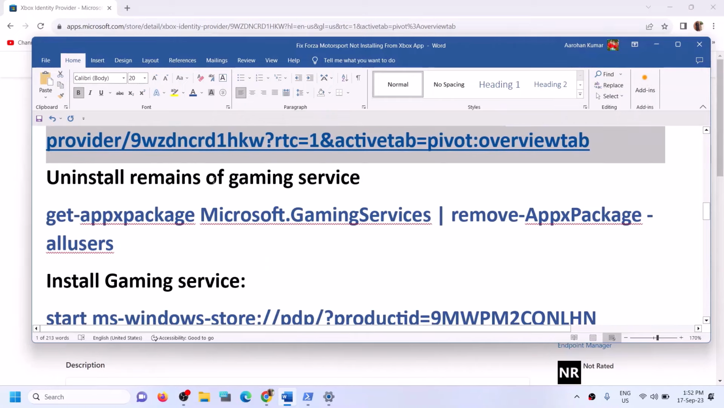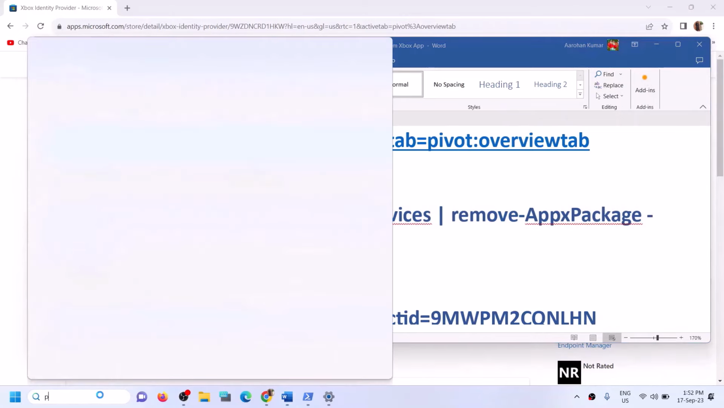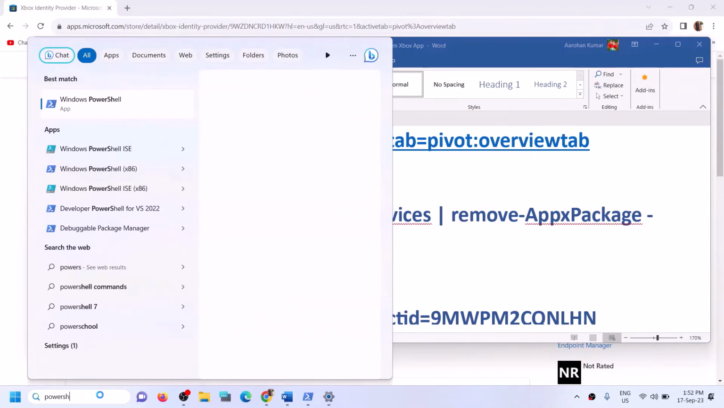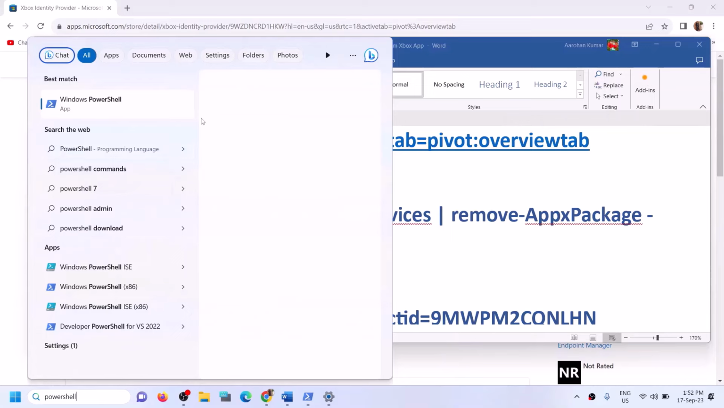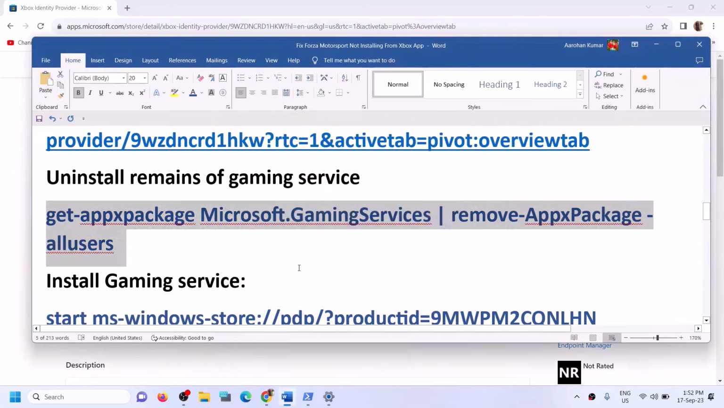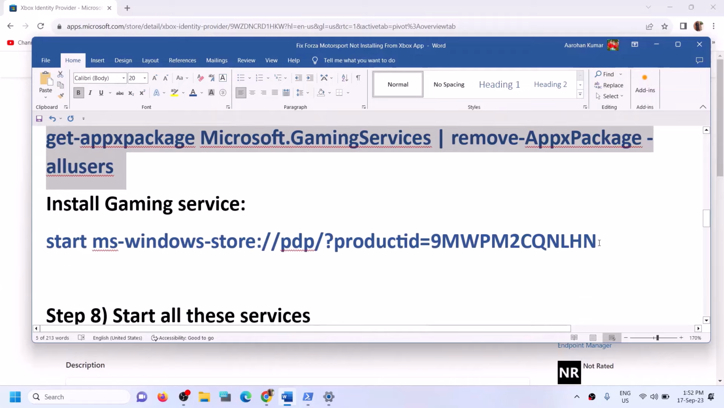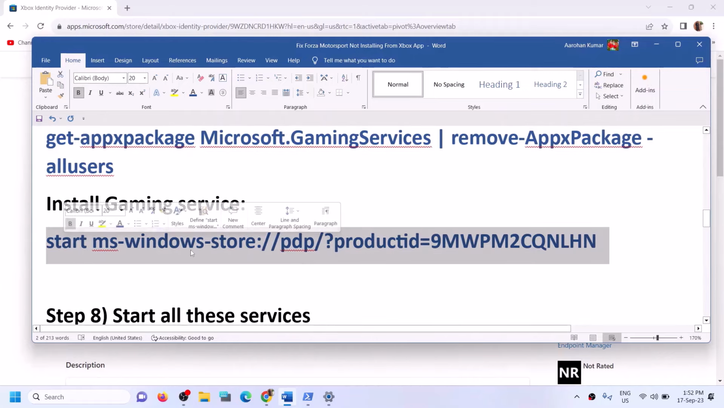So the next step is to uninstall and reinstall gaming services. So copy this command. This command is provided in the video description. Type in PowerShell in Windows search box and then make a right click on Windows PowerShell and then click on Run as Administrator. Make sure that you always open PowerShell as an administrator. Click on Yes to allow and then paste the command over here. Hit the Enter key. This will uninstall gaming services,